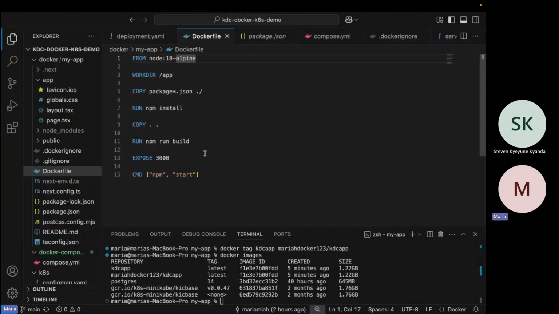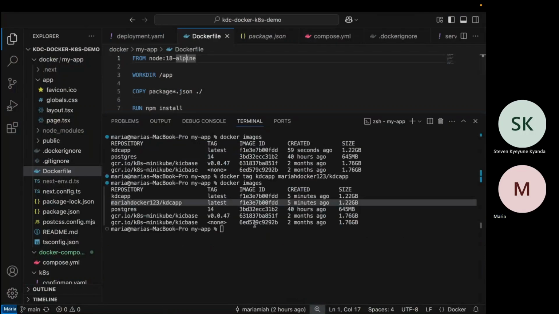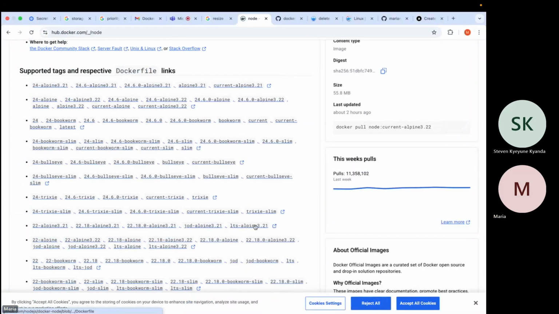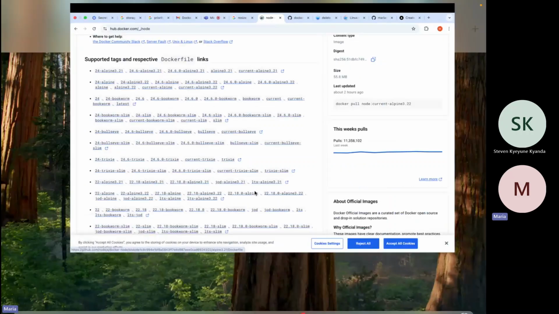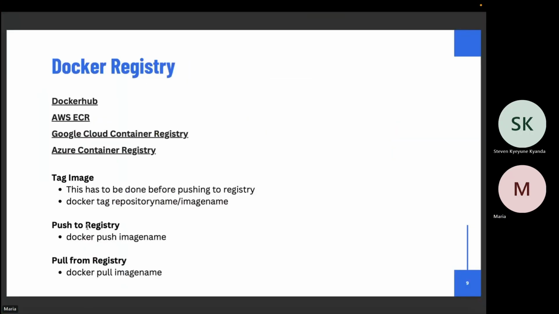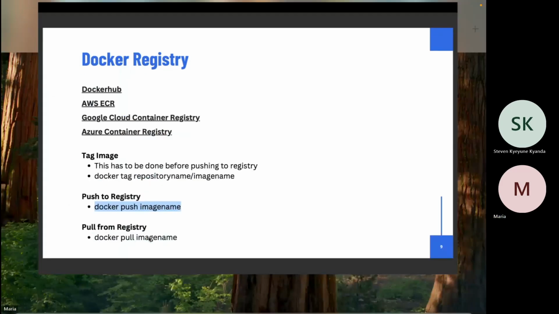Then another way to reduce the size is to use Docker layer caching. If we have time, we shall also look at that. Okay. Now that we've tagged our image, the next step is to try to push it to the registry. How do we do that? You run docker push, then the name of the image.